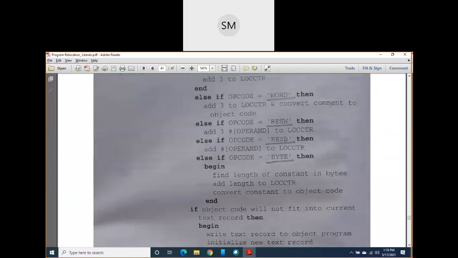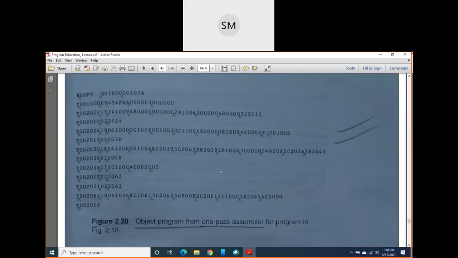This algorithm we studied, and for that one pass assembler, for that SIC program, we have written the object program here. In this object program we are not using any modification record, define record, or refer record. It is a very simple object program, what you had written the first time in this module. The same type of object program we have written here. Only some care should be taken here. Whenever one symbol is defined in your program, for that statement you take a separate text record and then continue the text record with the next object codes. Keep on listing like this.